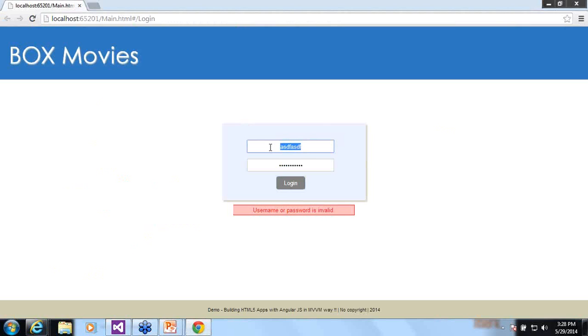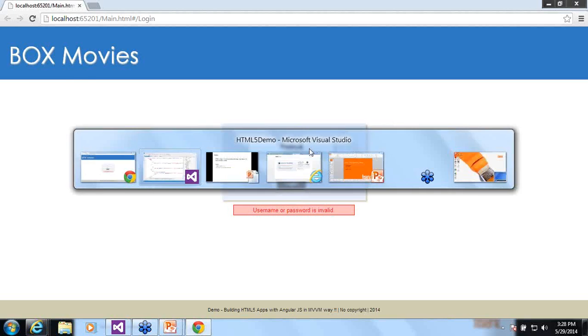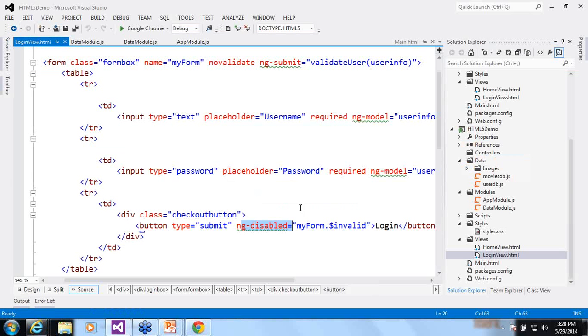So if I just remove this name, and if you see on the screen, the login button will be disabled, but as I enter some name, the login button will be enabled. So these changes are done very easily using AngularJS.